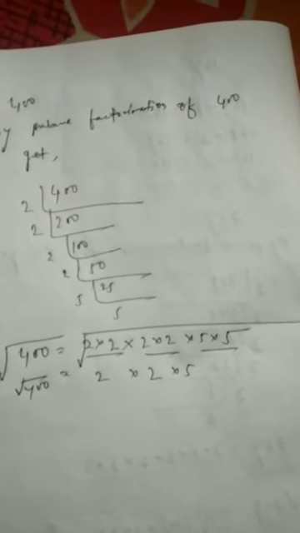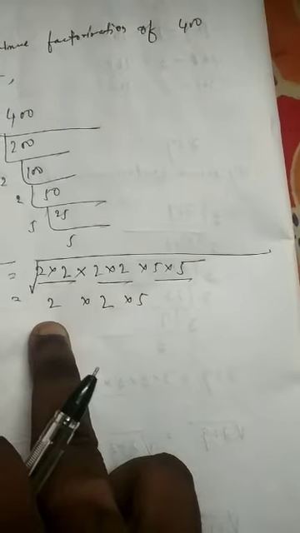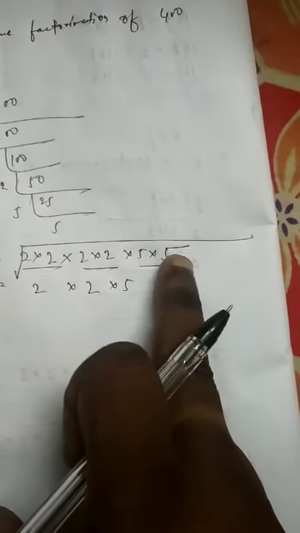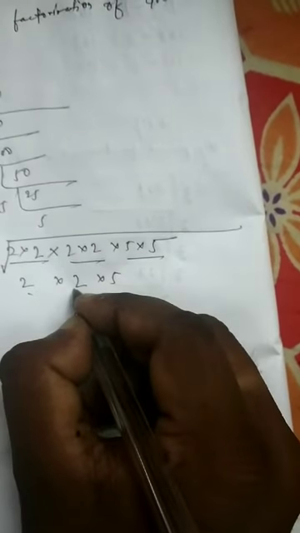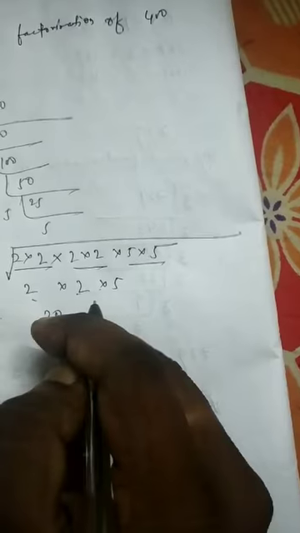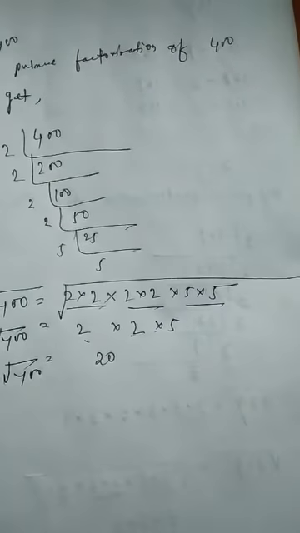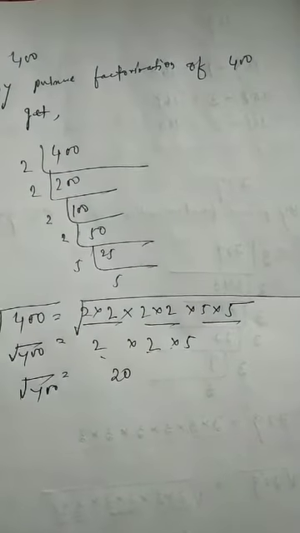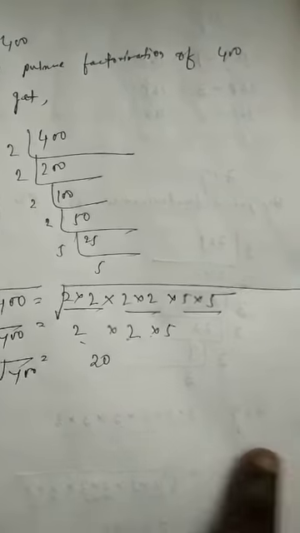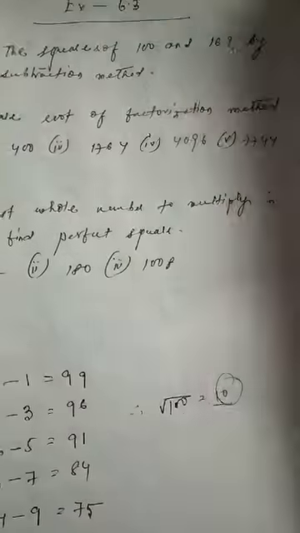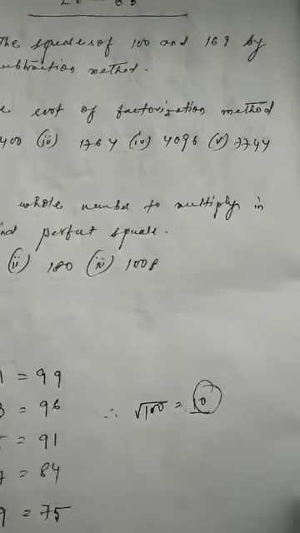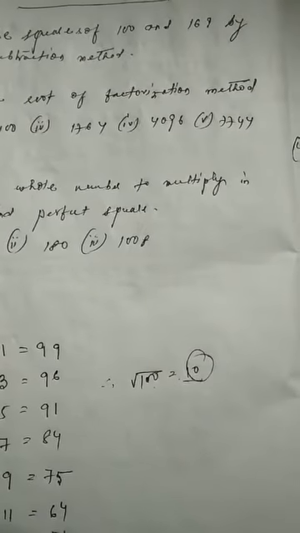free from root over. So from here I took 1, from here I took 1, from this pair I took 1. So I got 2 2s are 4, 5 4s are 20. Means root over 400 is equal to 20. So this way, children, we have to do all these things. I believe that similar questions can be solved by you all.